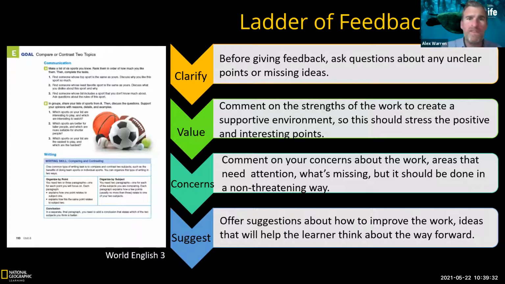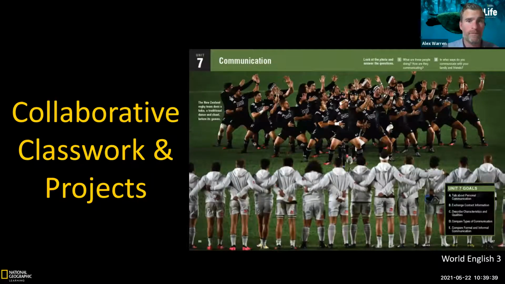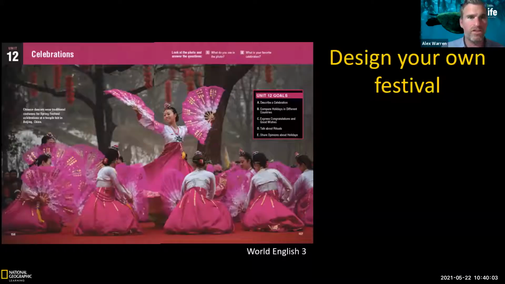Of course, I want to really briefly touch on this idea of collaborative classwork and projects as well. Working together to have an end goal. In other words, teamwork. Certainly, project work can be really great in developing that collaborative nature, working together with an end goal. We've all used projects. We know projects work. They work on so many different levels, but really it's about that collaboration, communication with each other.